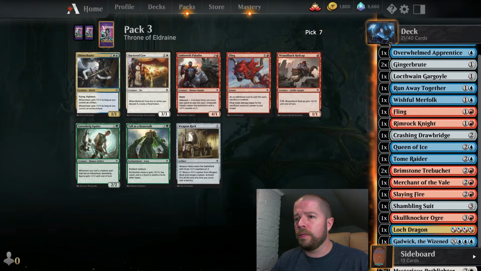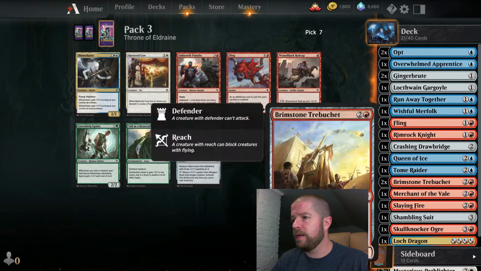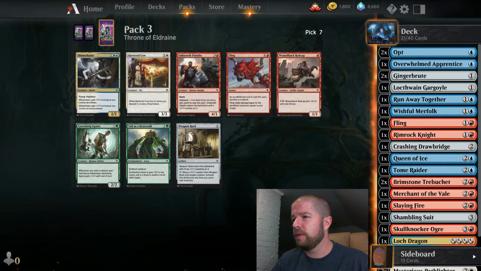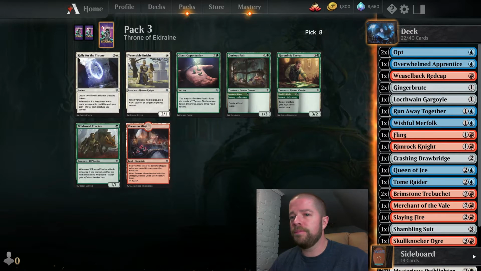Got a couple of really good cards here though in red. Another Fling. Do I want a Fling? Or do I want a Redcap? Weaselback Redcap's pretty good. Another cheap creature. I think I'd take the Redcap. I'd really like another Opt. I think that would be nice for this deck, but...